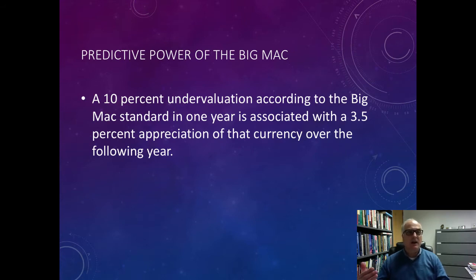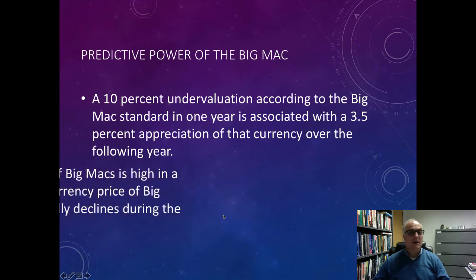So that supports purchasing power parity theory, that currency values do balance out on average over time across many countries, not always in each individual case, but in general, if a currency is undervalued relative to the dollar or relative to other currencies, then it will appreciate in the coming year,